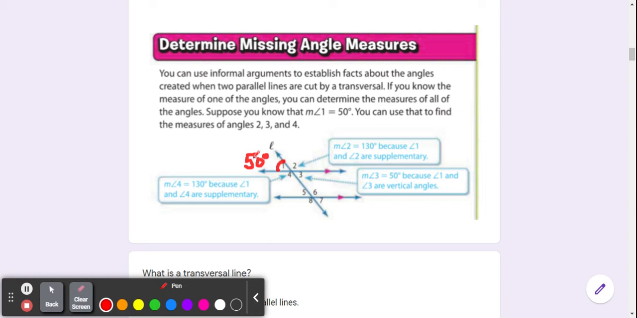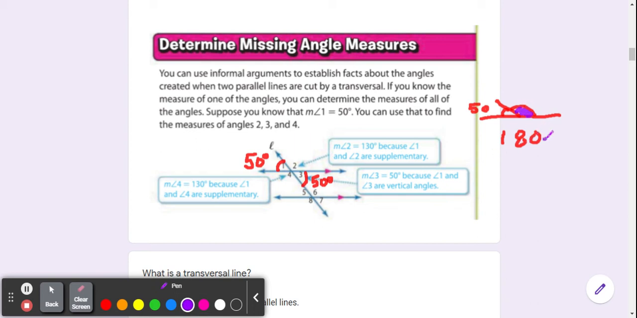So the angle here, this 50 degrees, is going to be the same here. These are vertical angles, across from each other. So that's also 50. And because this is a line, remember that the line is 180. So if this is 50 and the whole thing is 180, if I want to figure out what this piece over here is,